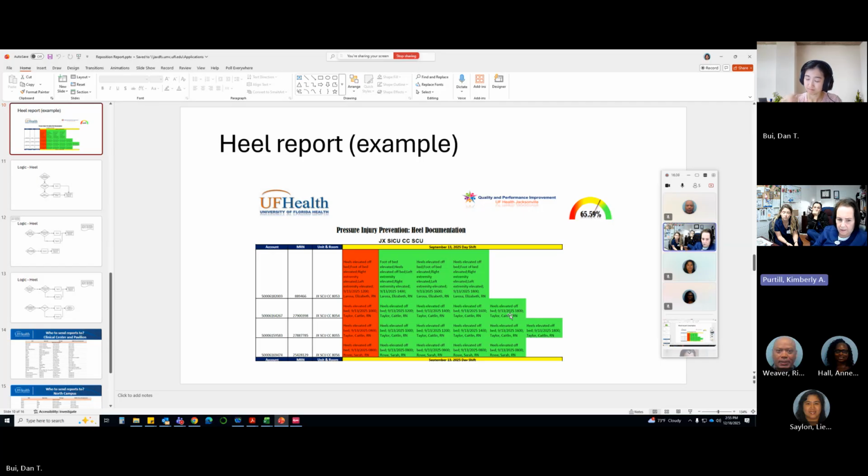So if I'm looking at this particular SICU report and I'm looking at that top line, at midnight it didn't meet criteria, but at 2 and 4 and 6 it did. And then you have 2 blanks, which means what? They did a reposition and didn't document, or the patient was off the unit.